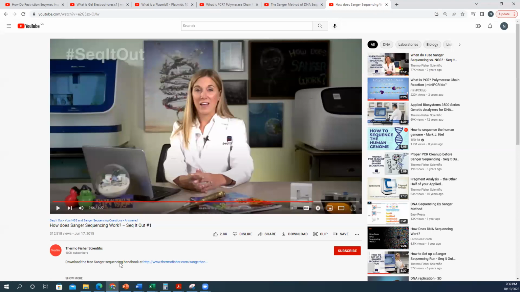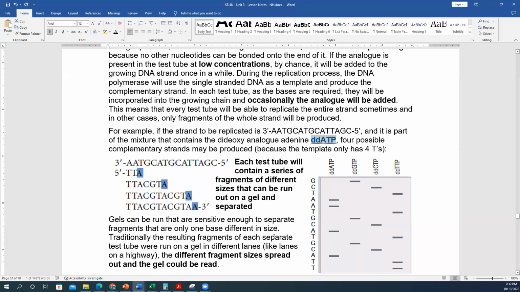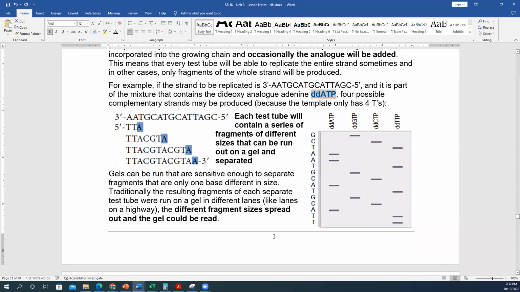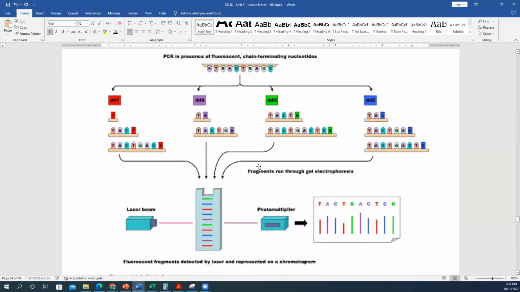All right, so in the second video, what it was showing is that instead of being labeled with a radioactive component, if you have it labeled with a different colored fluorescent component, then you can actually run the whole mixture, like all 4 tubes can be mixed and run at the same time on one single lane, or in that case, in a capillary electrophoresis, so a very thin tube